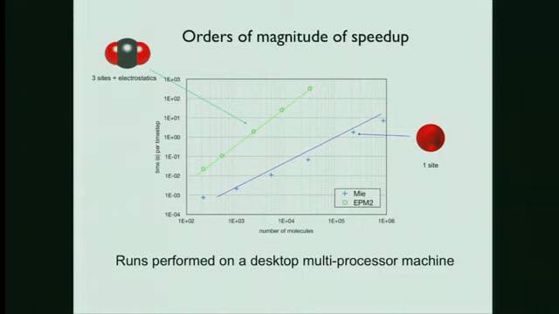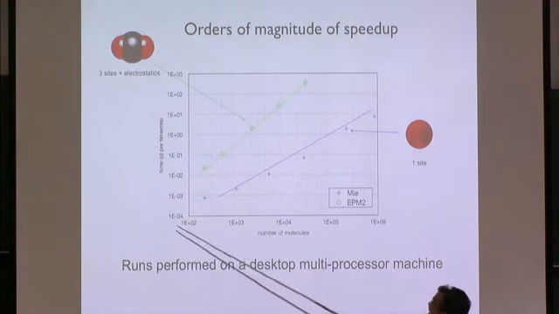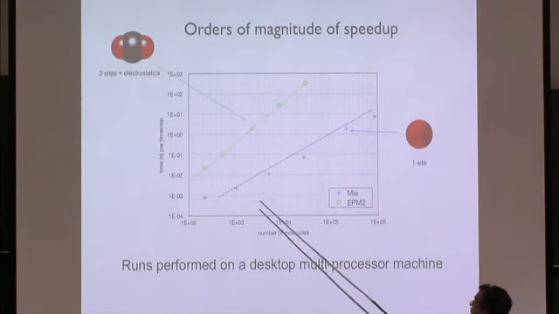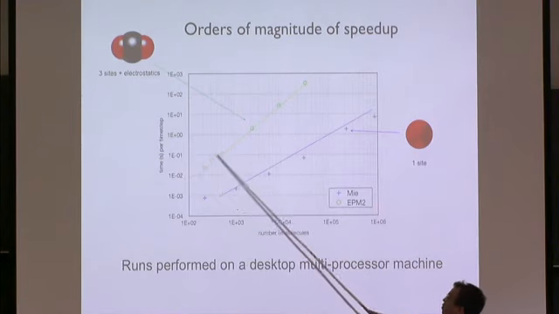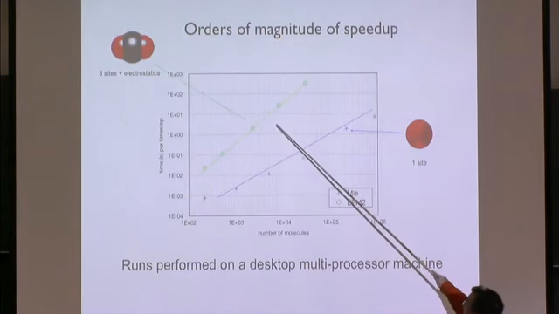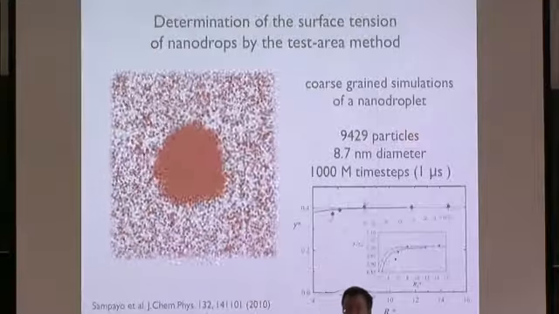As I mentioned, this is an older slide. Today's slide is one order of magnitude better than the one a few months ago. In this slide, you have the time per time step and the number of molecules, and the coarse-grained model and the fully atomistic model are separated by several orders of magnitude. If you're happy with the time you spend in your simulation, you can jump two orders of magnitude in the number of molecules you want, or if you're happy with the number of molecules, you can decrease by 3 orders of magnitude the simulation time,